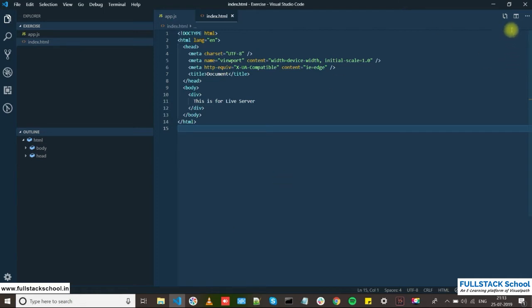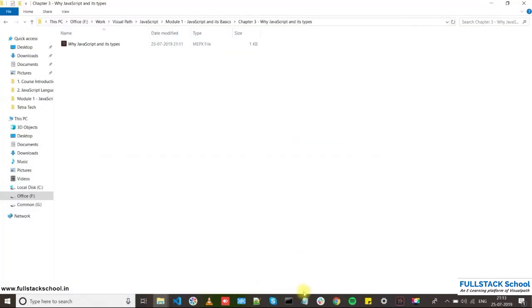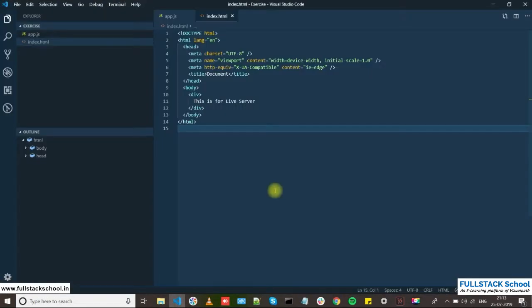The tool that we are using, VS Code, is itself made up of a JavaScript framework called Electron.js. So with the help of JS, you can even build a Windows application. I hope this is very interesting for you to know.